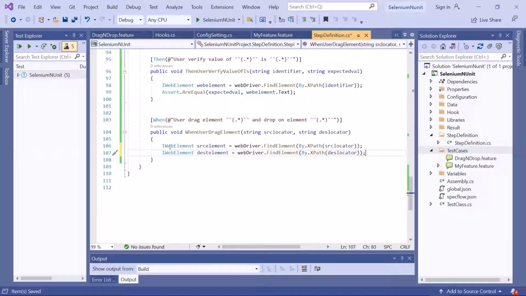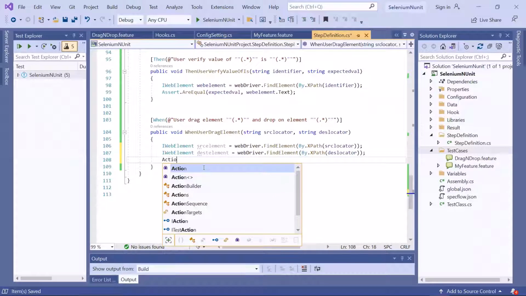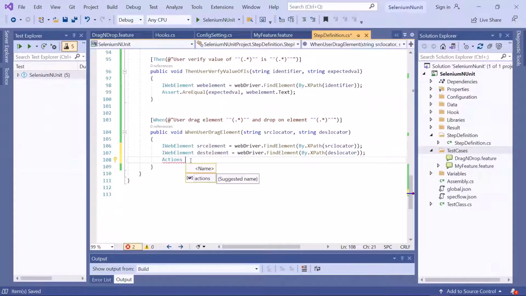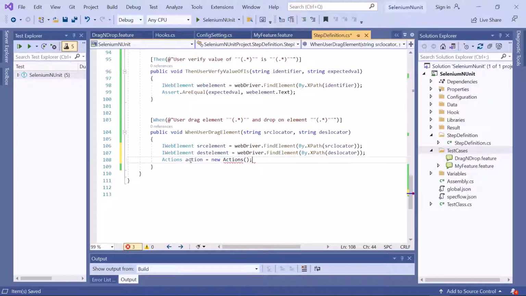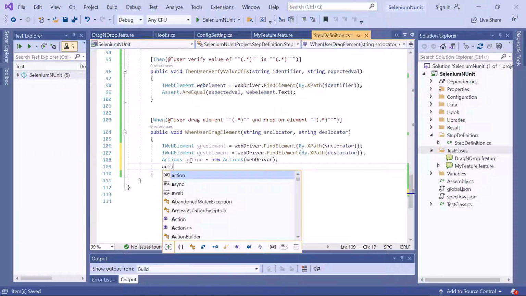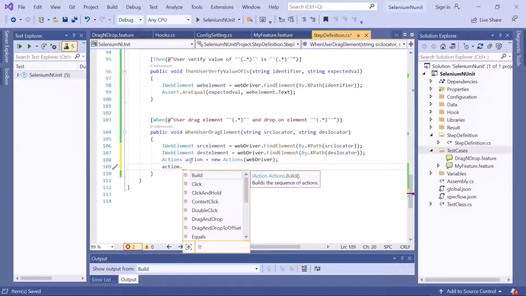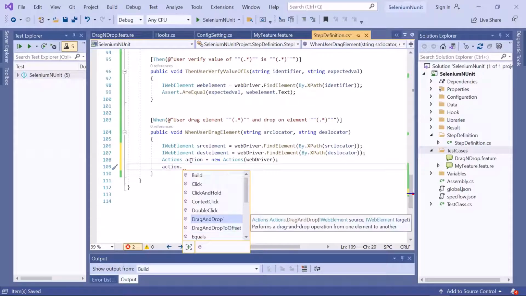Now to perform the drag and drop operation, Selenium provides Actions class. To use it, first we need to create the object of Actions class and then initialize the object by passing the instance of WebDriver. After that, we can use action.dragAndDrop method.